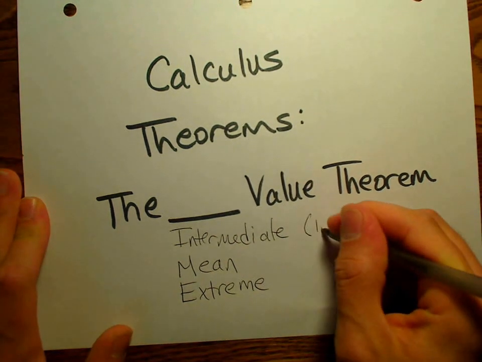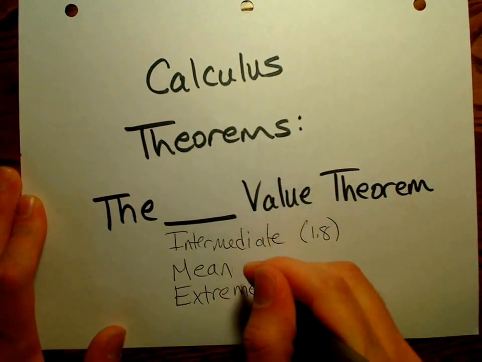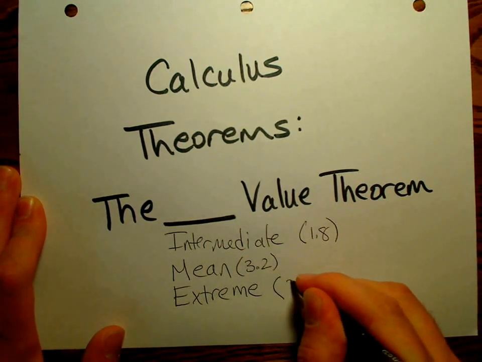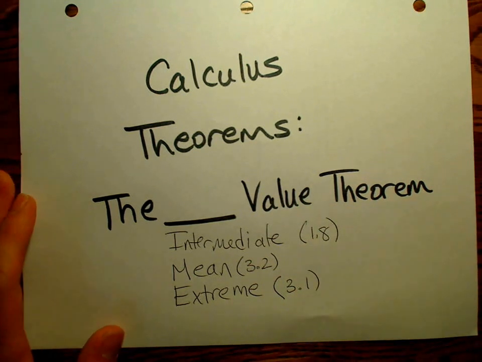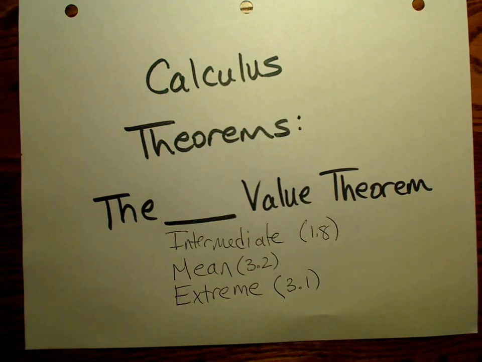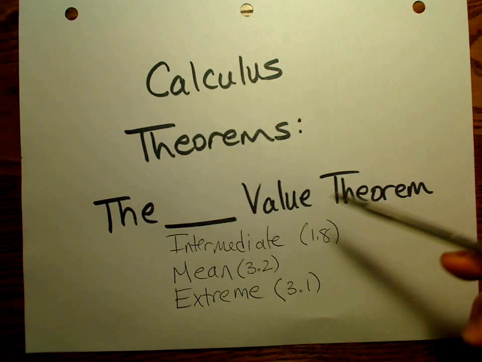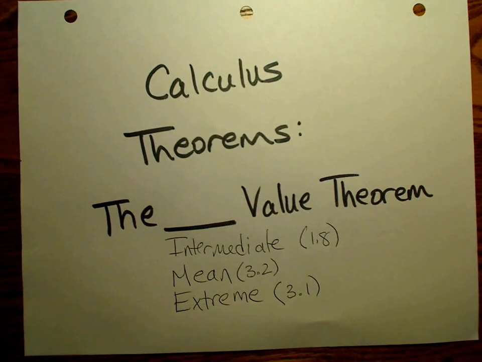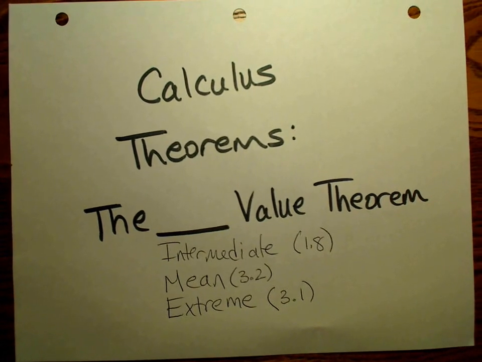In our textbook, the intermediate value theorem is discussed in 1.8, the mean value theorem is discussed in 3.2, and the extreme value theorem is discussed in 3.1. So I thought I'd run through. These have some similarities to them. They also have some differences, of course. But in the end, they're all saying that such and such a function must have such and such a value. It's just what that value is about, what function has that value. That's what varies between them. So first up, there's the intermediate value theorem